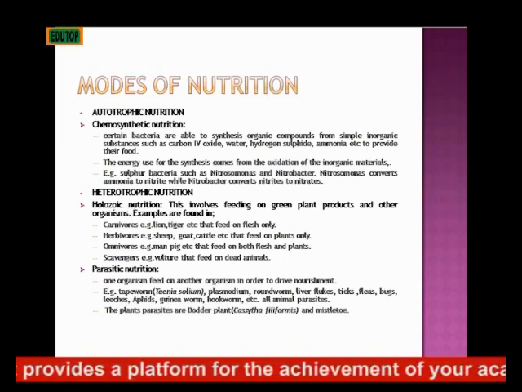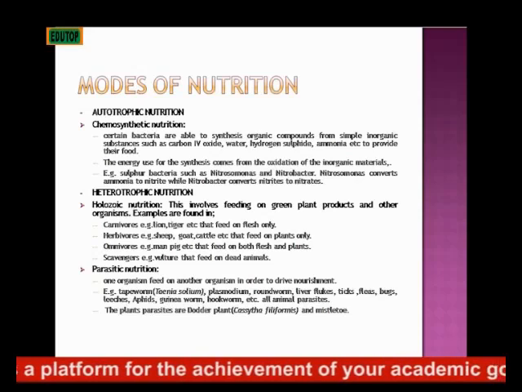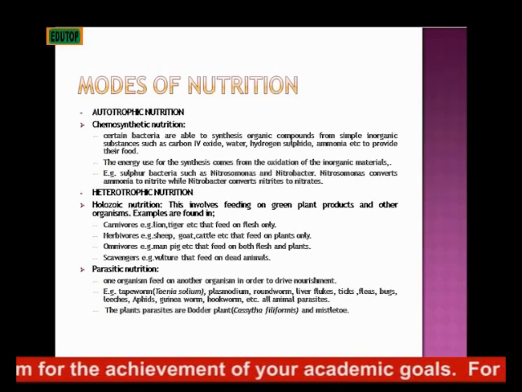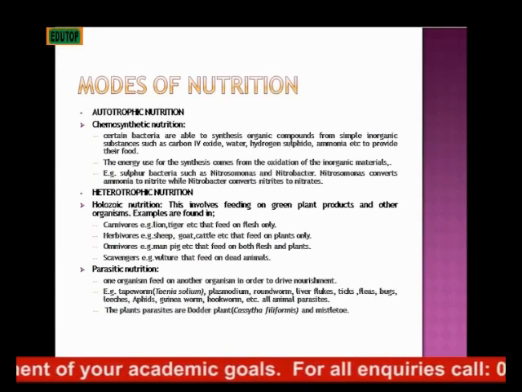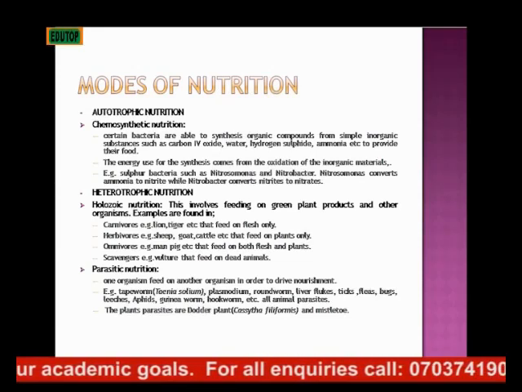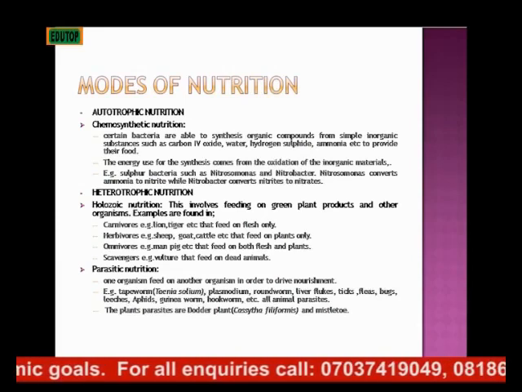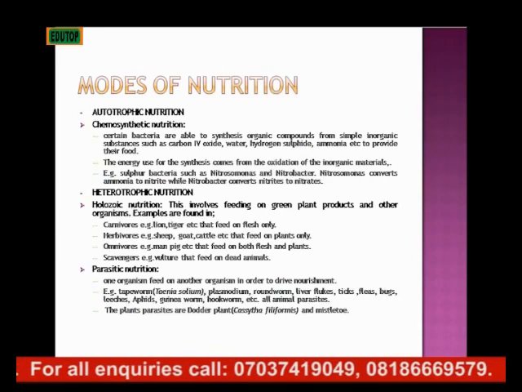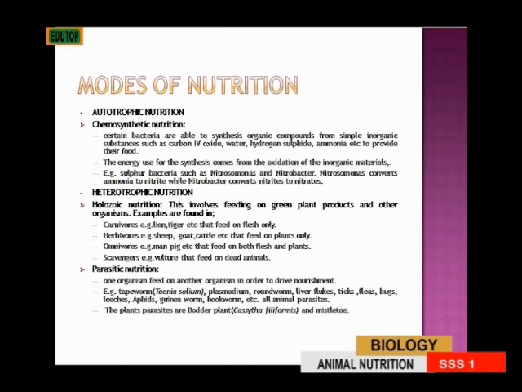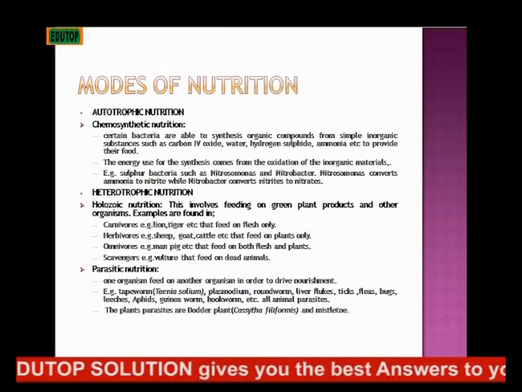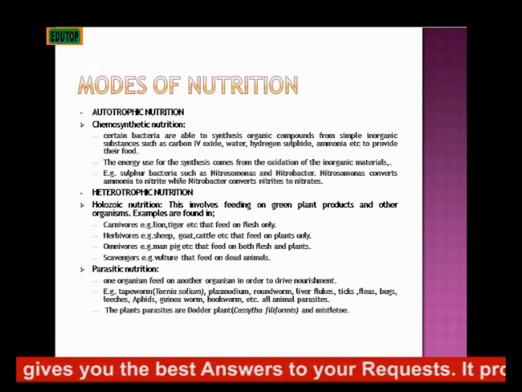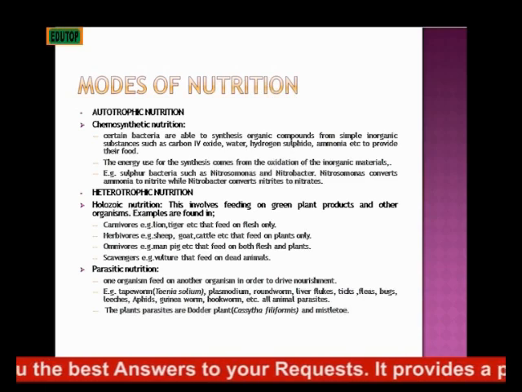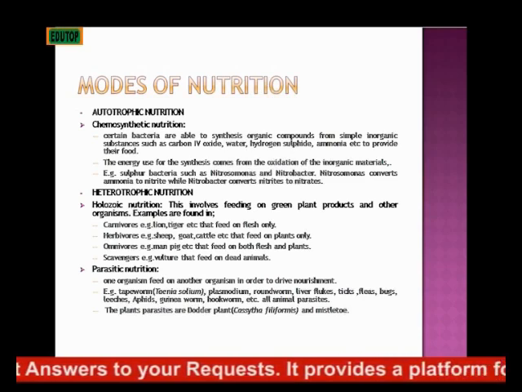Then we also have parasitic nutrition under heterotrophic nutrition. This involves an organism feeding on another organism in order to derive nutrients, but it does the feeding to the detriment of that organism. Examples of organisms that undergo parasitic nutrition, we have tapeworm, Taenia solium, we have Plasmodium that causes malaria, we have roundworm,